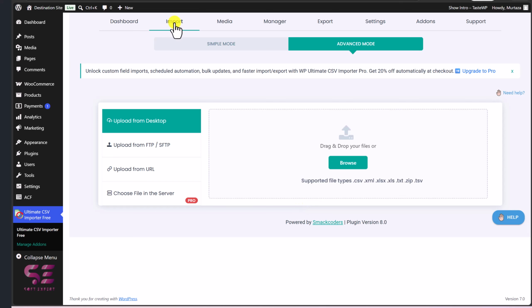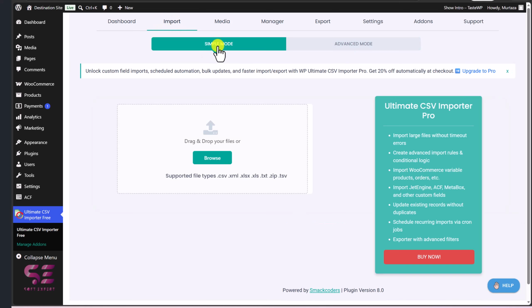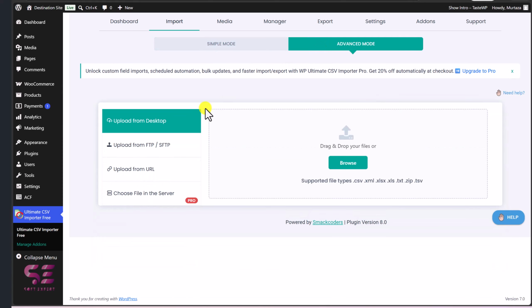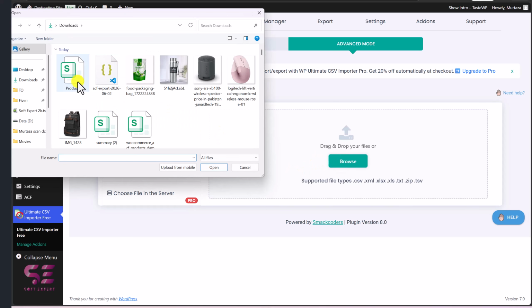Now we are under import, where we have two modes: simple mode where we can just upload a file, and under advanced we can upload a file from computer or from an FTP server, from a URL, or we can choose a file server in the pro version. As we already have our CSV file, let's upload it over here. I'll choose the products CSV, we'll open it,